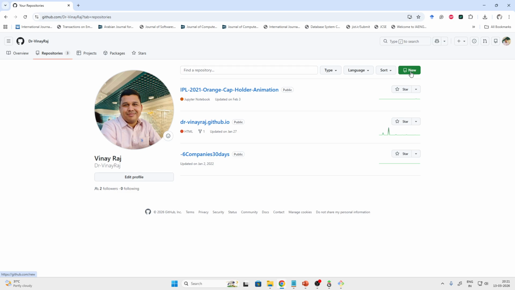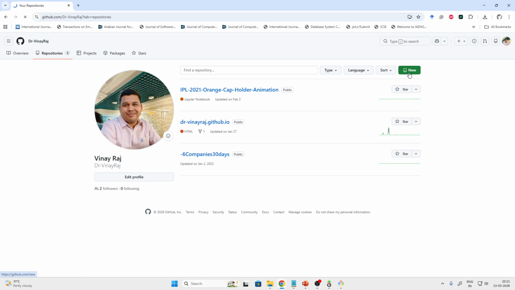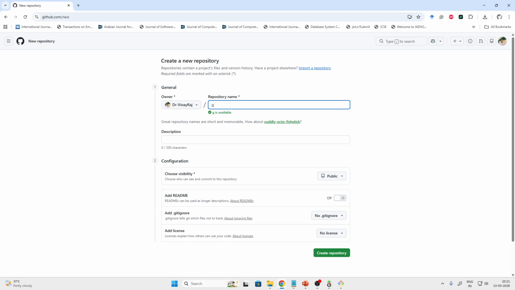So, I will create one new repository. I have to log in. I think you all know about this GitHub account. You can create an account in the home page. If you click repositories, you can see some repositories. You can go and create a new repository. Let me give the same name as the name in the local. So, it is git demo. Is it available? Yeah, it is available, right. I am creating a repository,